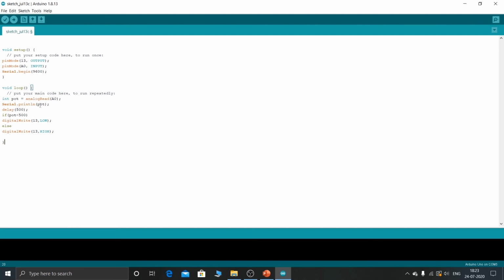And it's not compulsory that you can only print the values; you can also print some text. You can use the simple syntax that you have used in the C language, that means double quotation marks, and in between the double quotation marks, you can write whatever you want, and that text will be printed. So yeah, this was a very simple example of using the serial monitor, to give you the idea about what a serial monitor can do.